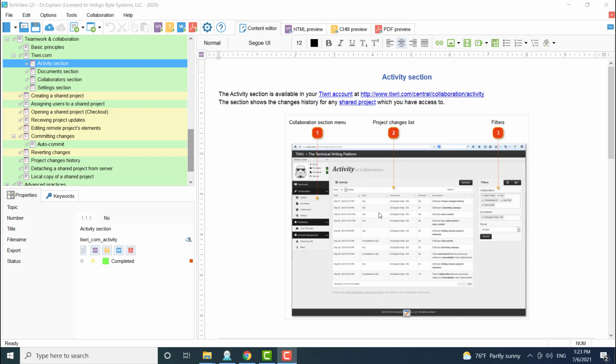When one author is making edits, the service locks the corresponding project sections for editing by other authors. When editing is completed, the changes are committed to the server and the section is unlocked. In this way, several people can simultaneously work on different project sections with no risk of interfering with each other.